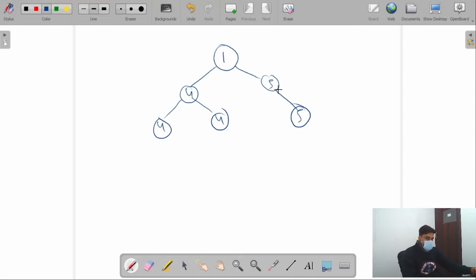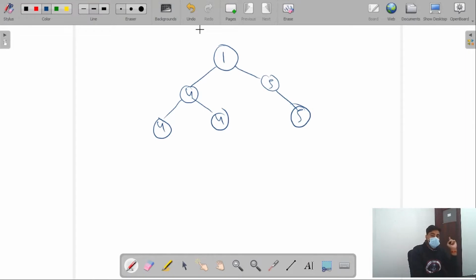Okay, so this is a binary tree, and what we need to return in this question is the number of nodes of a path, the number of nodes of a path having the same data. There may be a possibility you don't get it, but let's break the statement and then try to understand.